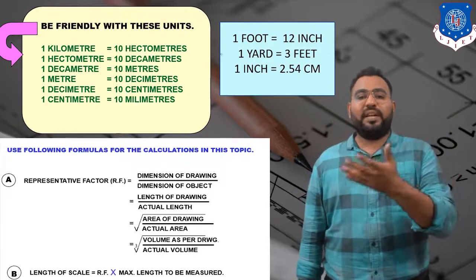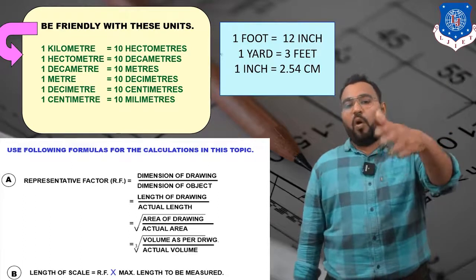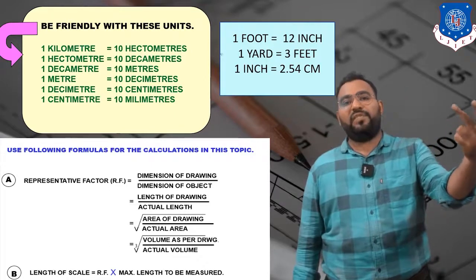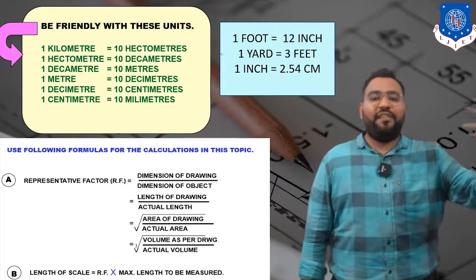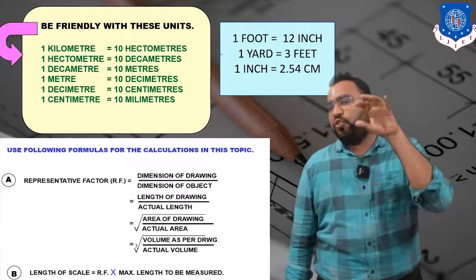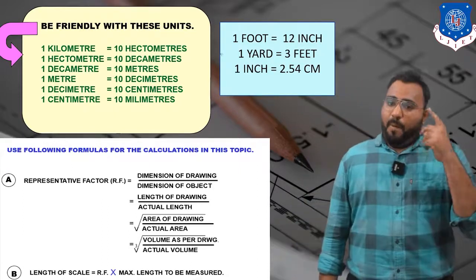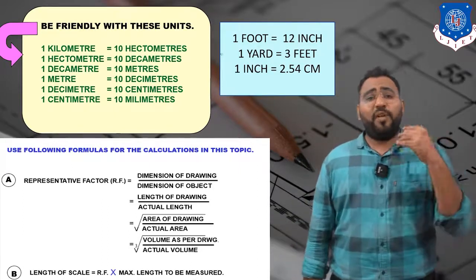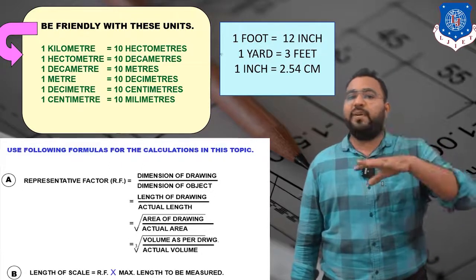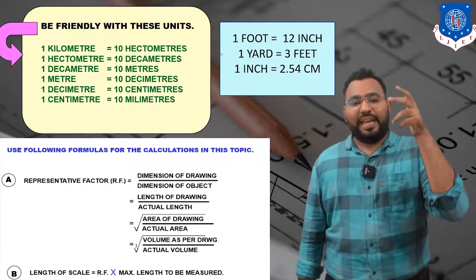So you have to remember this conversion: 1 centimeter equal to 10 millimeters, 1 decimeter equal to 10 centimeters, all the dimensions which are written over here. And also you have to remember 1 inch is equal to 2.54 centimeter, 1 yard equal to 3 feet, 1 foot equal to 12 inch. So these are all the conversions which you need to remember so that you can easily solve the examples of plain scale. So this is the lesson I'm giving you in this video. Just write down all these conversions and remember them very carefully.